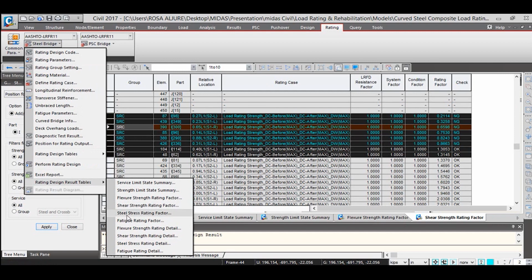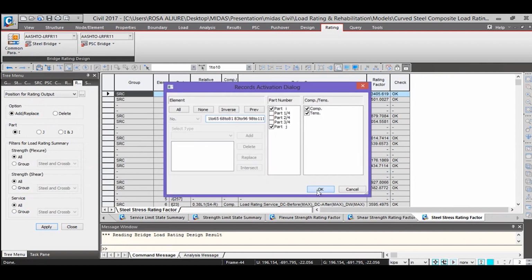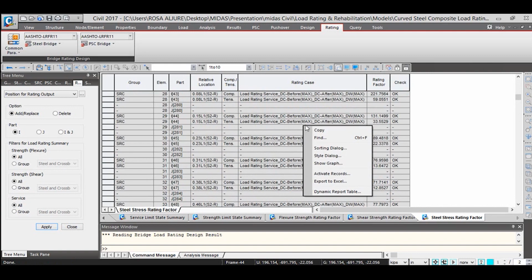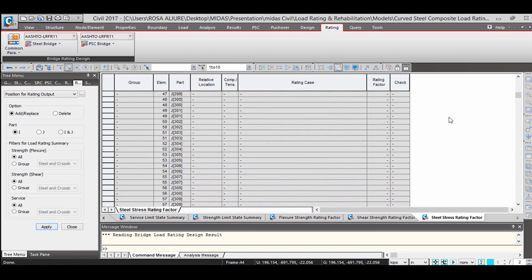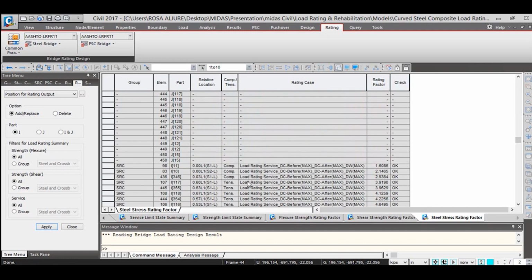We also have the steel stress rating factor, and you can do the same thing for the rating. You can do the sorting, let me just move the rating factor up, and you can sort it as per the rating factor, so that way the program can show you, starting from 1 in this case.